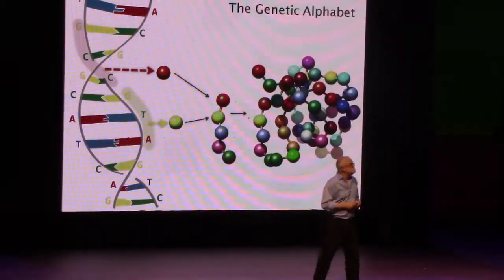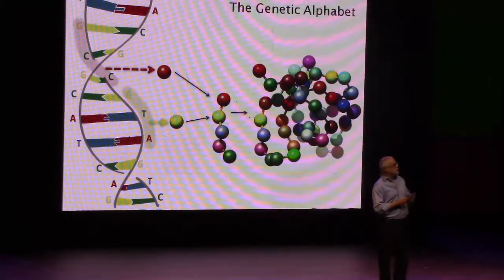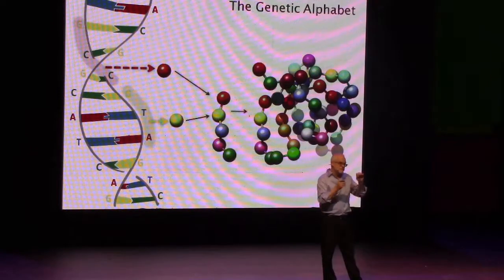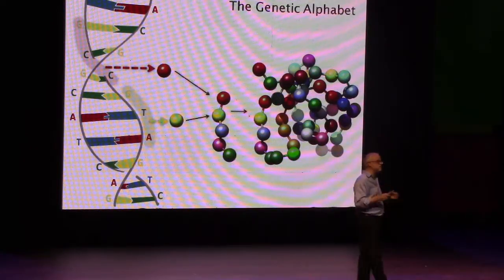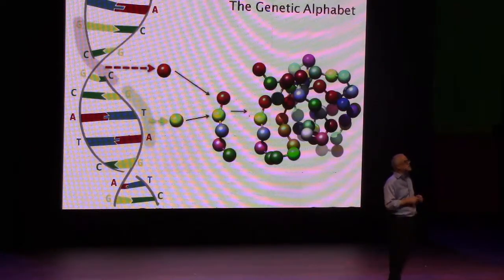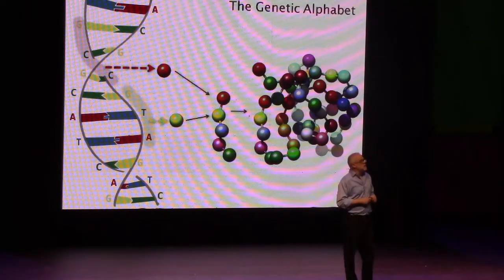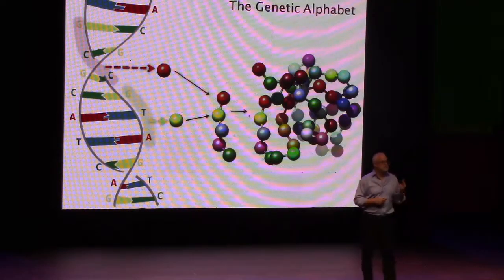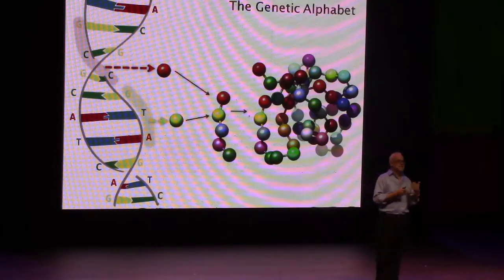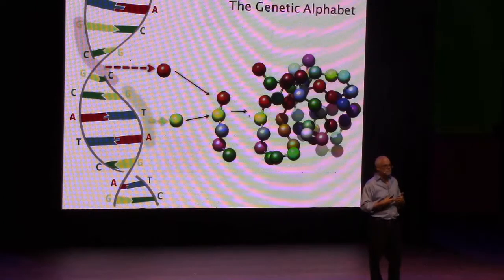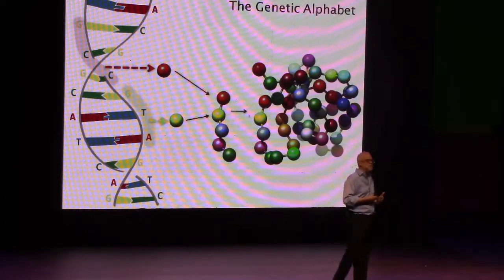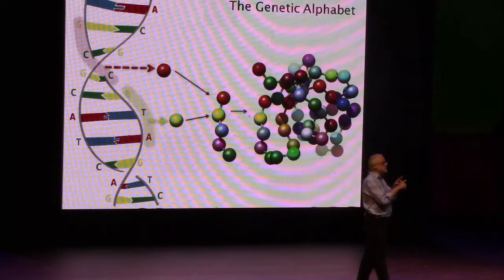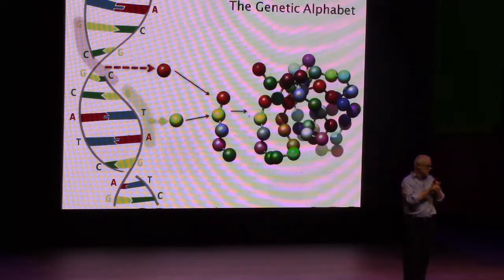So, the way it works is that you have a sequence of DNA, a sequence of these letters, and you form a strand of DNA. Just those four simple letters, G, C, A, and T. You've probably heard of them. There's a remarkable property of those four letters, and that is they form two base pairs. And what that means is that G always likes to pair with C, and A always likes to pair with T. So that's why these two strands come together and form what we call a double helix, or a duplex